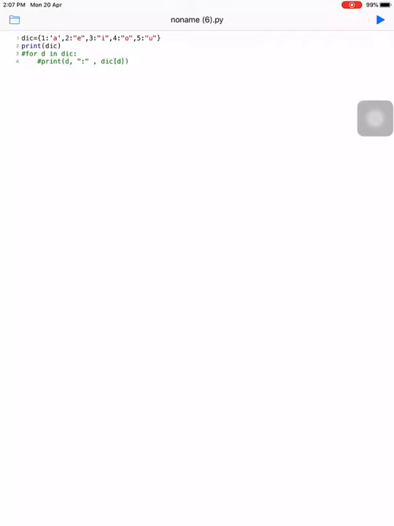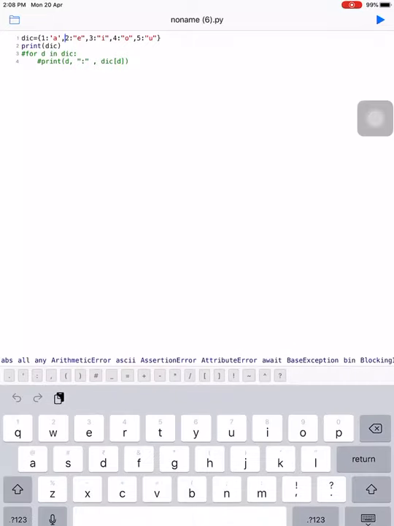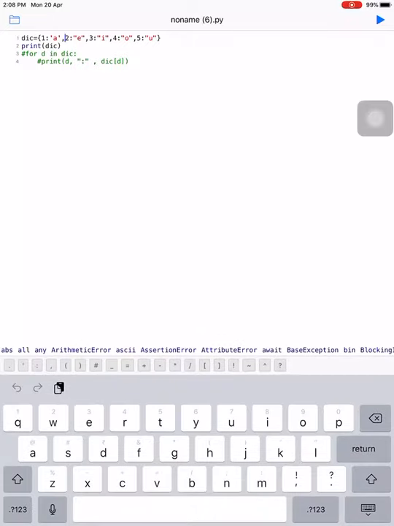We will take this example with the help of our Python IDE. See here, I have assumed a dictionary name as dic. Here I have taken some values. 1 is a key and A is a value.